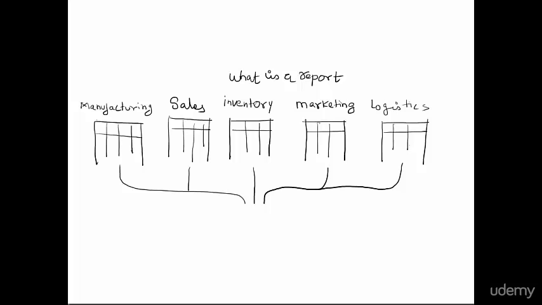So, let's say we have a company like BMW. BMW manufactures the cars, it has a sales process, it sells the cars, it has to maintain the inventory, how many cars are available at how many locations to support the sales. It has to support marketing and to see if it's effective. It has to maintain and monitor logistics to make sure everything is being delivered at the right place at the